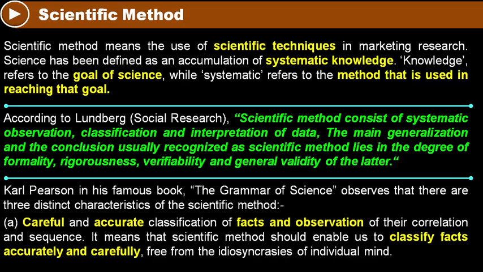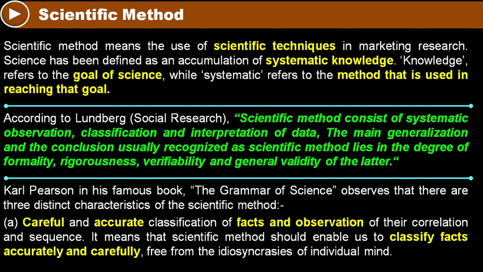Before discussing the research design, we will discuss the meaning of scientific method because both the research and the scientific method are associated with each other. Research can be understood as a structured and organized way of figuring things out, and the scientific method is one of the ways of doing research because the scientific method provides the explanation about why something is happening. So we will discuss the meaning of scientific method.